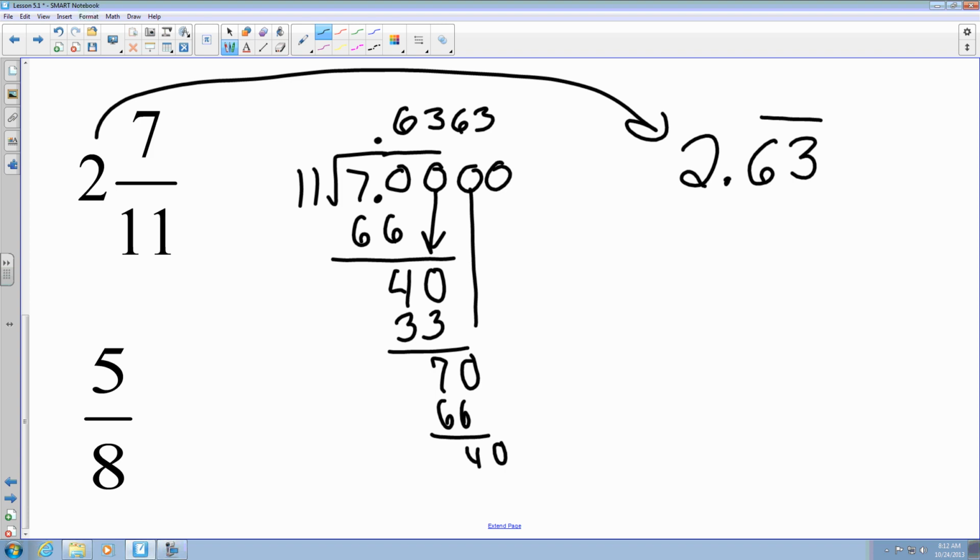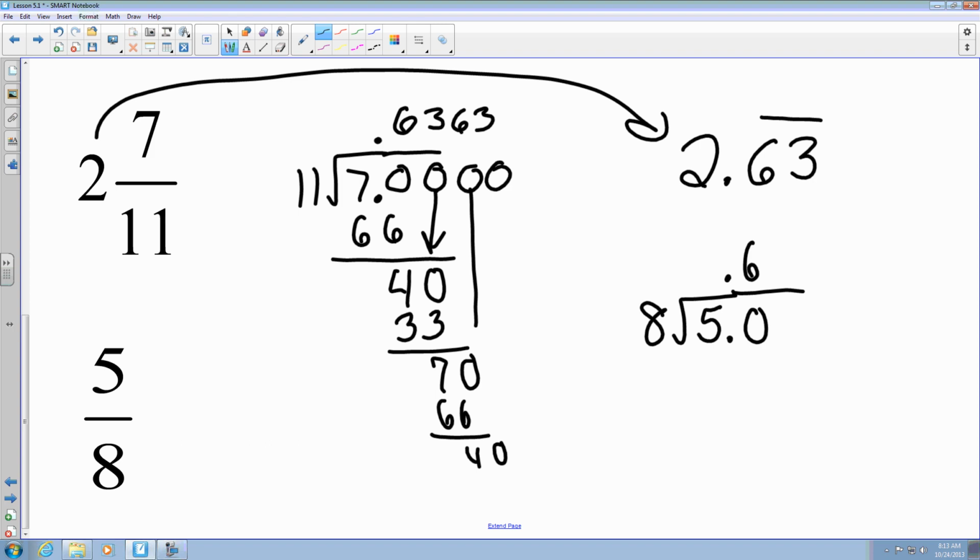Okay? You only put the fraction bar, or that little horizontal bar, when there is a repeating value. If you look at 5/8, so I'm going to put 5 divided by 8, I notice that there's no value of 8 that goes into 5, so again, I'm going to do my decimal point, put a 0 here, and